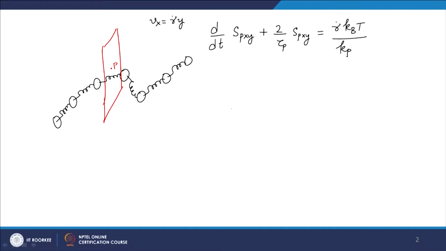This is of course a linear ordinary differential equation. So, if I solve this using the methods of the type that we have used in this course a lot, we will get something like